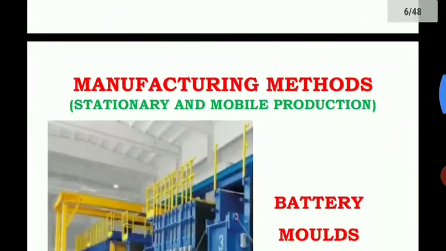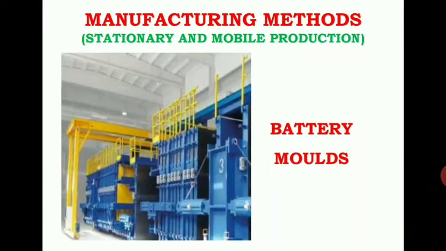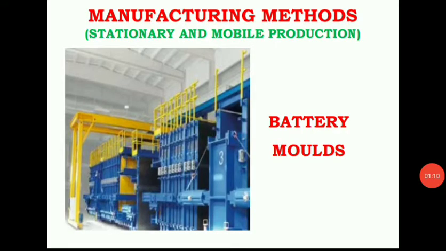And in this class, as I have discussed in the earlier part, the manufacturing methods of these precast elements are stationary and mobile production. So here, stationary manufacturing methods. The name indicates that whatever equipment, machines, and construction process are required, all those aspects are going to be fixed in a particular place, right? So here, in the stationary manufacturing methods, all the equipment required in the construction process is fixed, and those molds